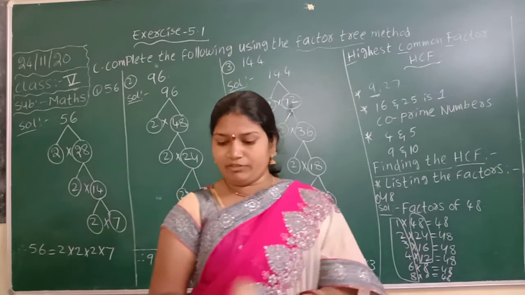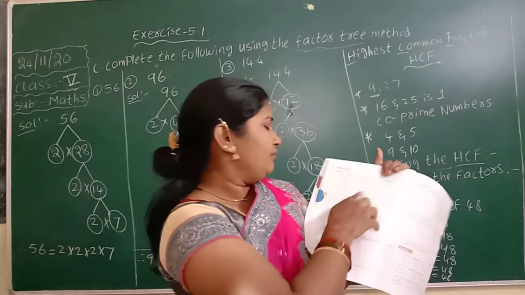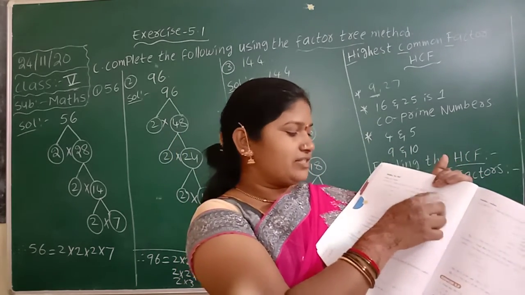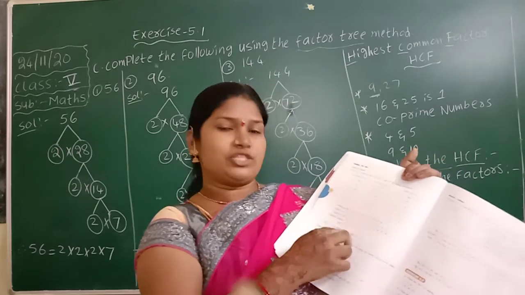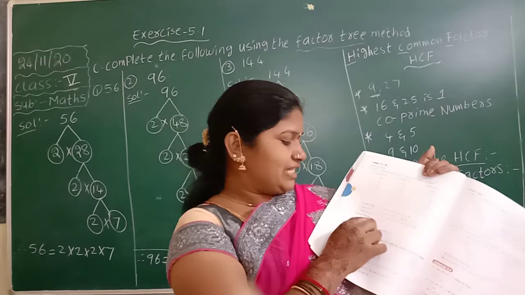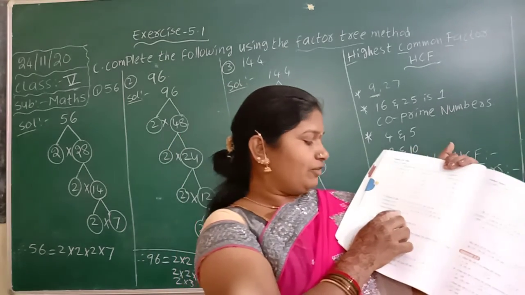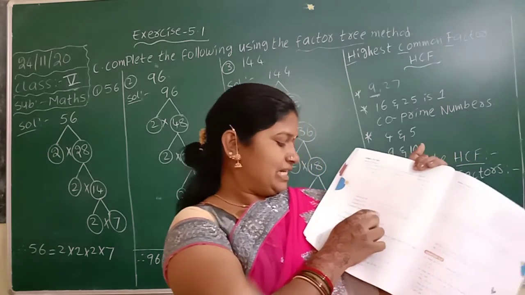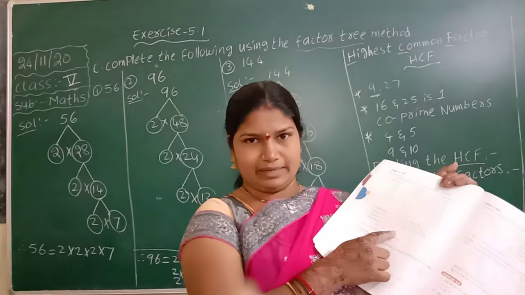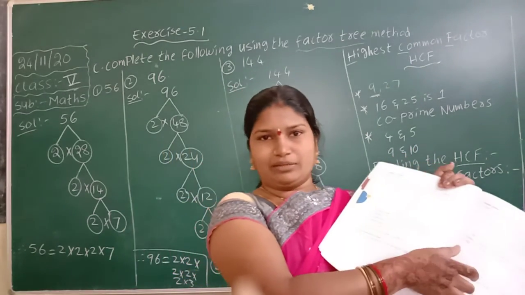This one again we will discuss tomorrow. Here, given the factors of 72, you have to find by the same method, and the factors of 90. You have to list out all the numbers and observe which are the common factors. So here the common factors are 1, 2, 3, 6. In this the highest number is 6. So 6 is the HCF of the given numbers.